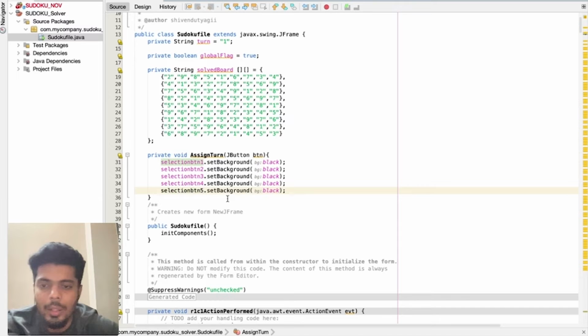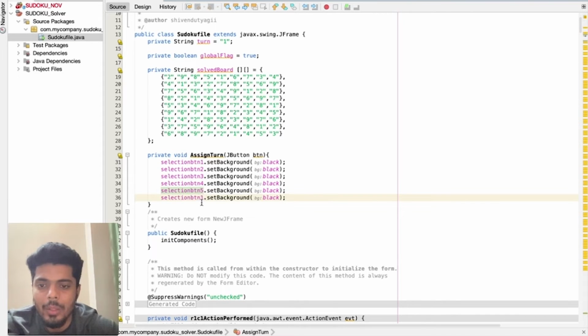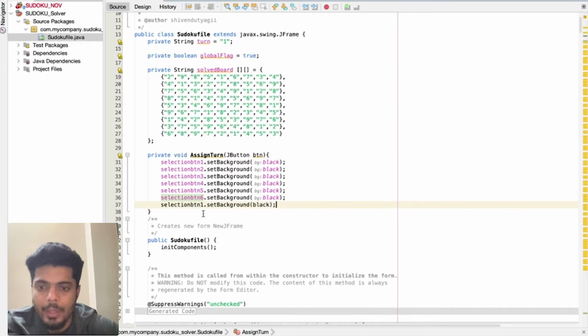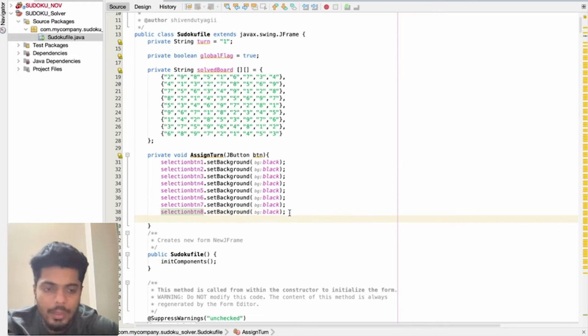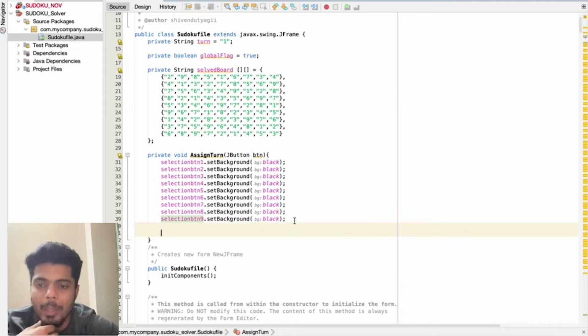It's definitely going to solve our purpose. Selection 6, selection 7, selection 8, and the last button is selection 9. So I set the background color of every single button as black.